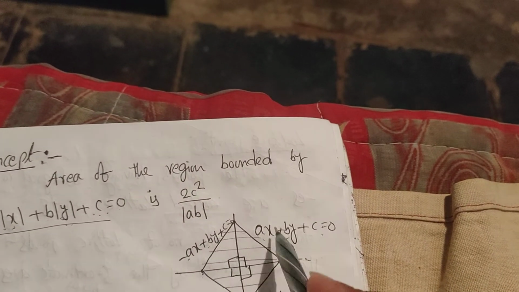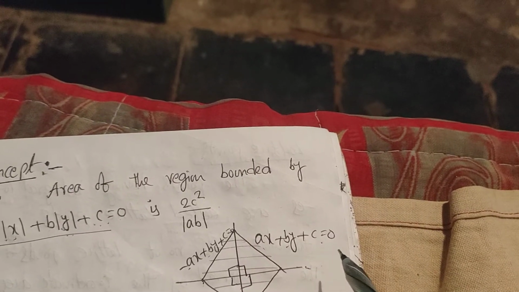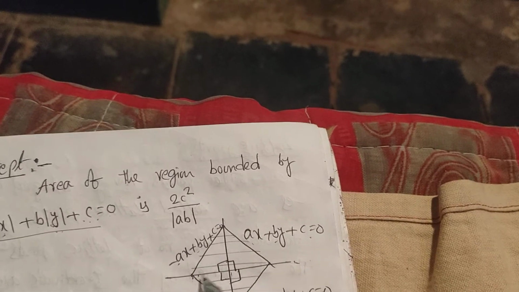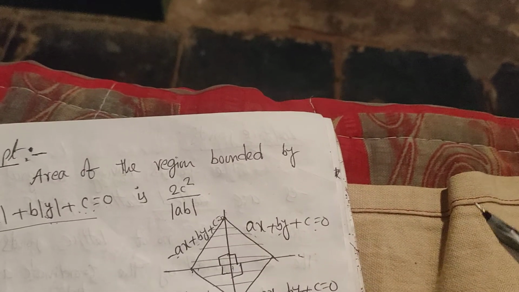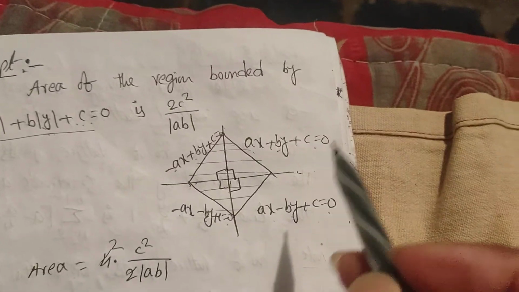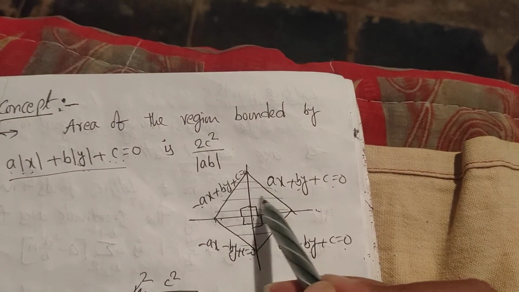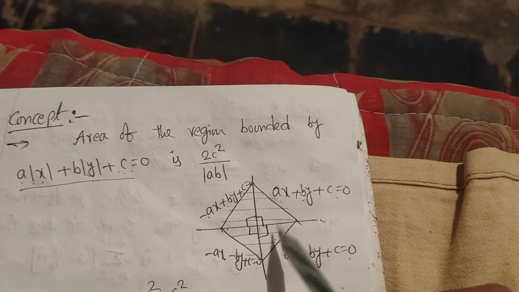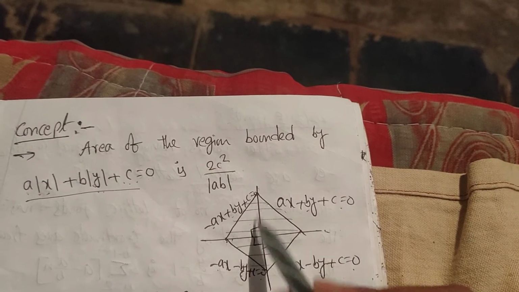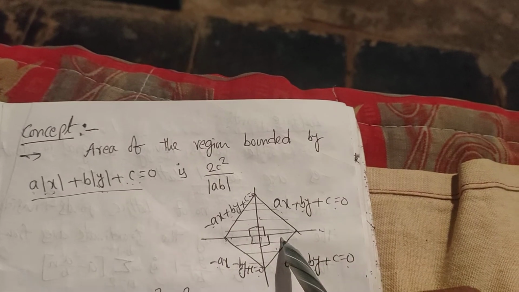Actually here, all this is formed by ax plus by plus c is equal to 0 only. So this length and this length are equal, this length and this length are also equal, so this rhombus also becomes a square only. Area of this square is nothing but, see here, it is bounded by four right angle triangles having the same lengths. So this is nothing but minus c by b, this is nothing but minus c by